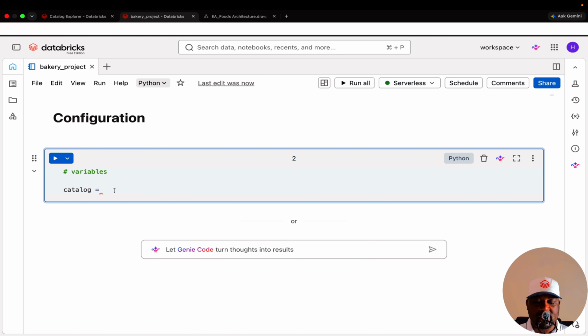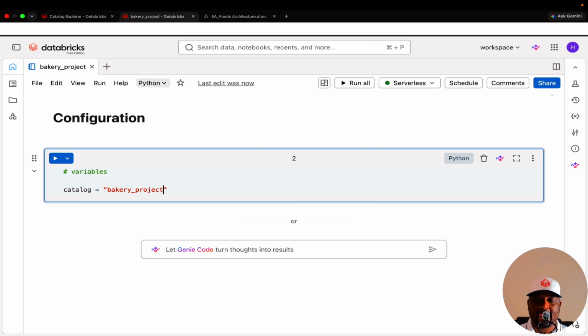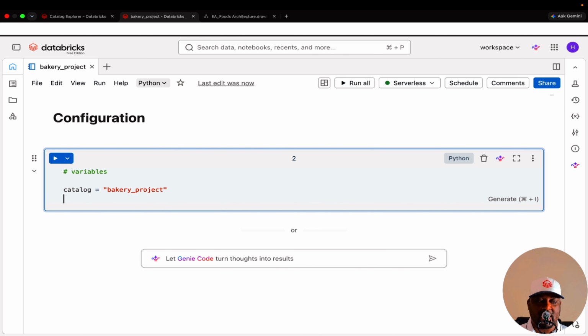And then the catalog name is what? Bakery project, which is the catalog name you have here, bakery project, right? That's all we have. Great. Now we want to